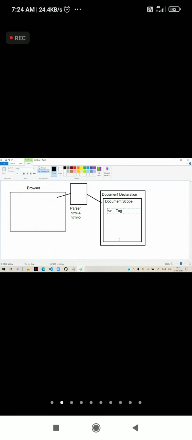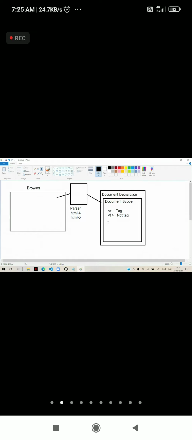But in these angle braces, this exclamation indicates that it is not a tag. So this exclamation is used to denote negation, not a tag.